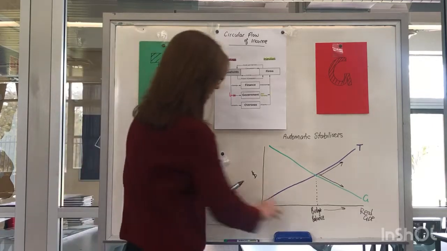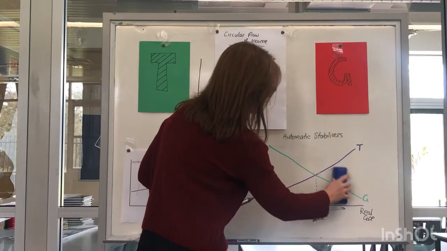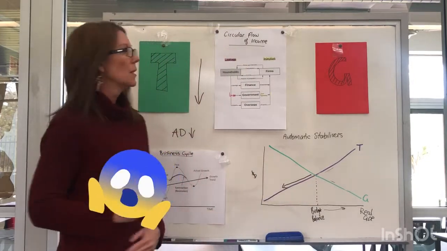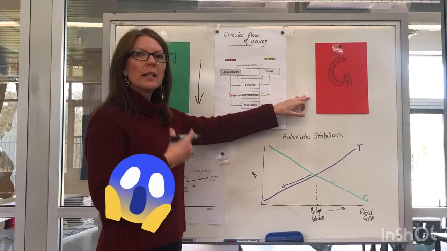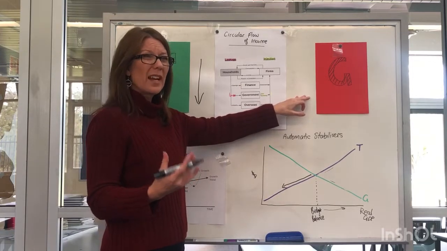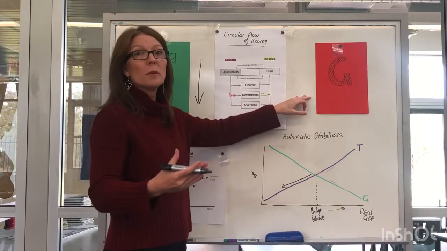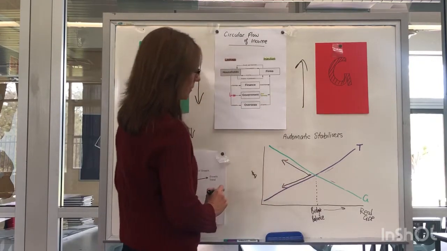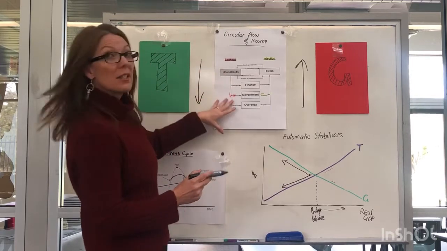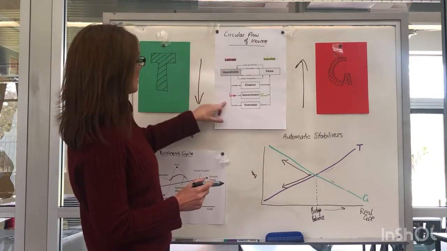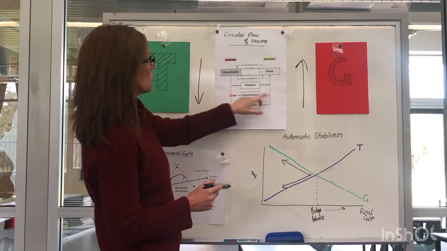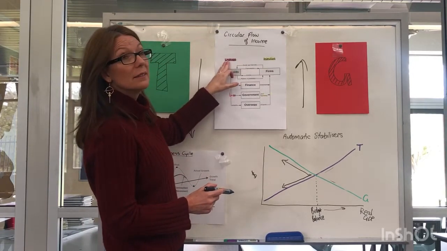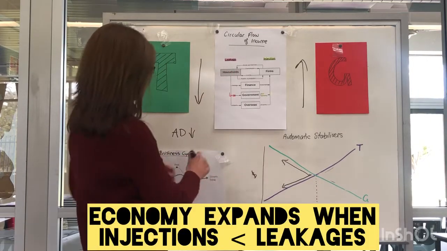So tax, in this case, is going down. Government spending, on the other hand, is increasing. More people are unemployed, so they have to pay more unemployment benefits, for example. So government spending increases, and we can see that here. If we look at our circular flow, tax is going down, so that's a leakage, but government spending is going up. So this time, injections are greater than leakages, which means that aggregate demand is now